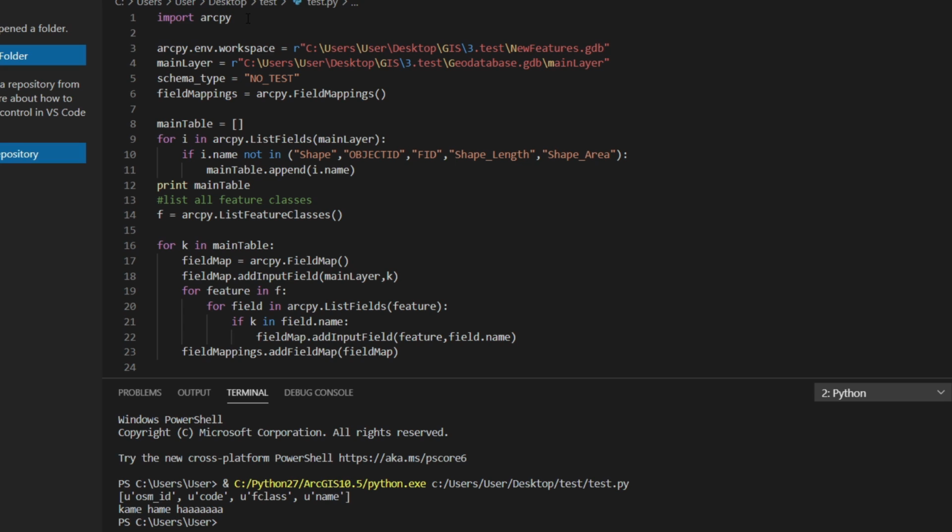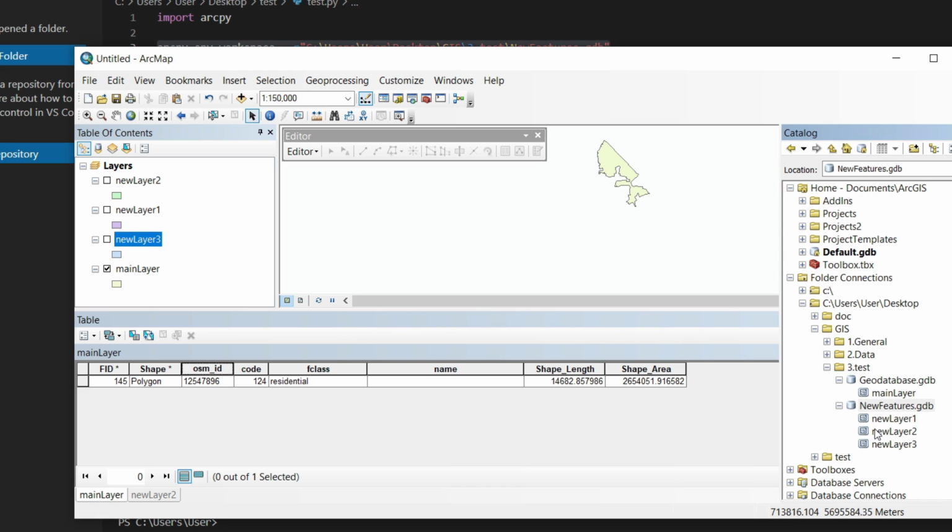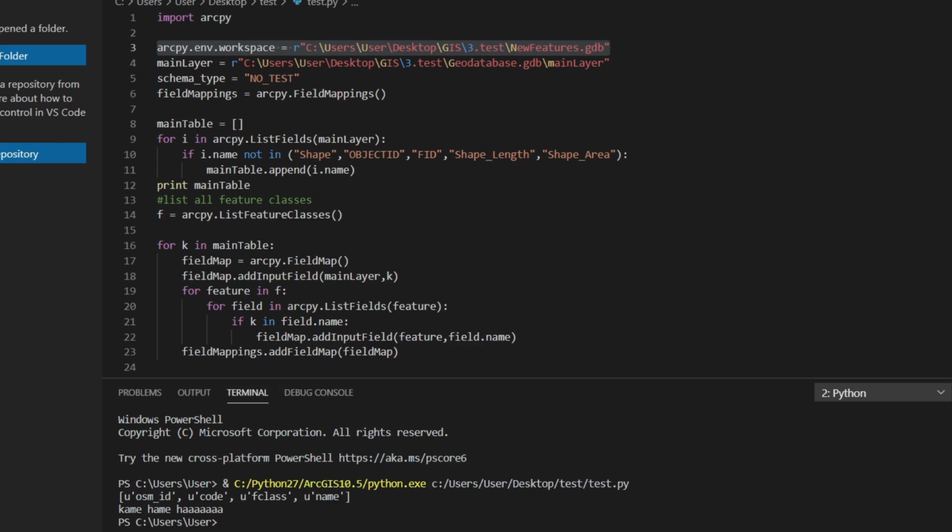First line, it is importing arcpy. The second line, it is our environment workspace, which is our geodatabase where all our layers are saved, because we are gonna work more with this geodatabase. And this one, it is just the append process. Then we have the main layer. It is declared individually because it is in a different geodatabase. This may also be a database connection